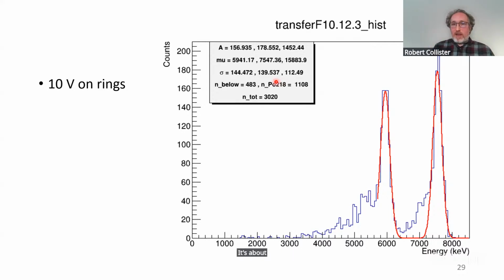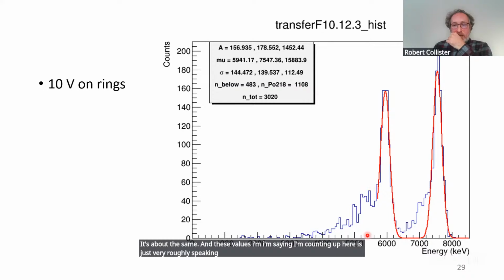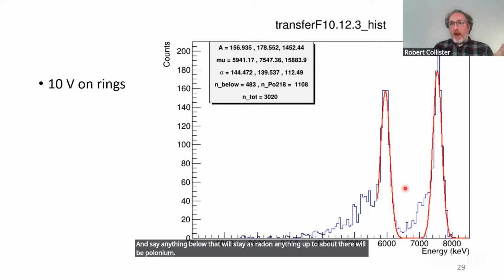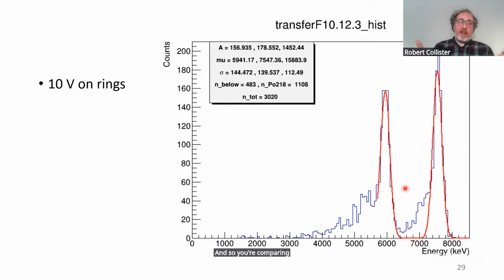And these values I'm counting up here is just, very roughly speaking, take a cut about there and say anything below that will stay as radon. Anything up to about there will be polonium. And so you're comparing, you're kind of scaling your polonium peak by the number of radons you're detecting so that